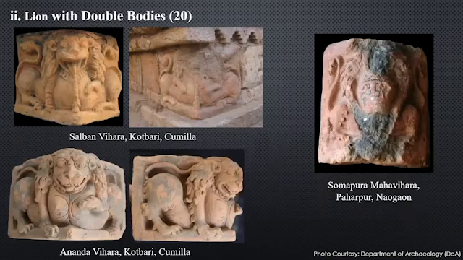The second criterion is lions with double bodies. 20 plaques we found like that, images where lions are depicted with 1 face and 2 bodies. 11 of these terracotta plaques have been found with double bodies of lion in good condition. In these plaques, the mane of the lion resembles branches of curly hair on both sides of the head and from the middle. Here, the face of the lion is depicted with detailed carvings showing a tranquil expression on the